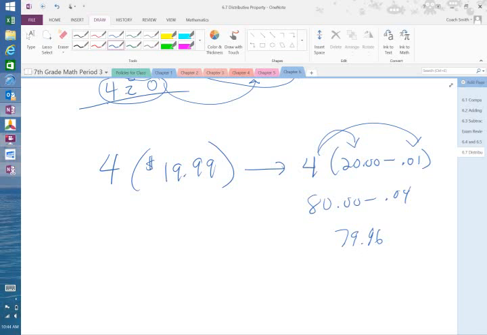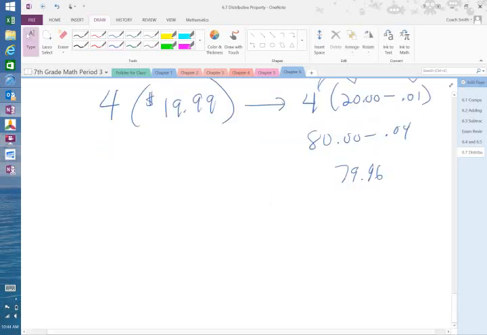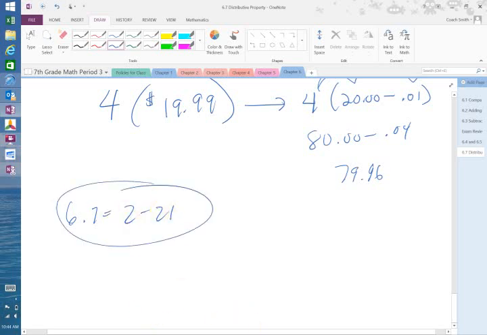Okay? Your homework. We're going 6.7, 2 through 21. Okay? Make sure you read the directions carefully on each problem and refer back to your notes on what type of answer they want. You may go